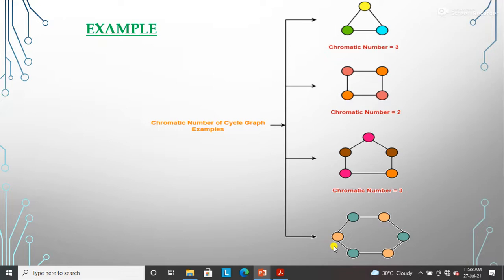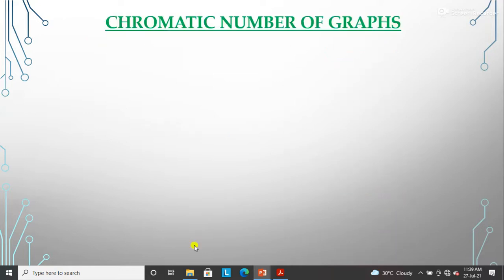So you can use only 2 colors to color this graph. This has 6 vertices, an even number, so the chromatic number will always be 2, right?